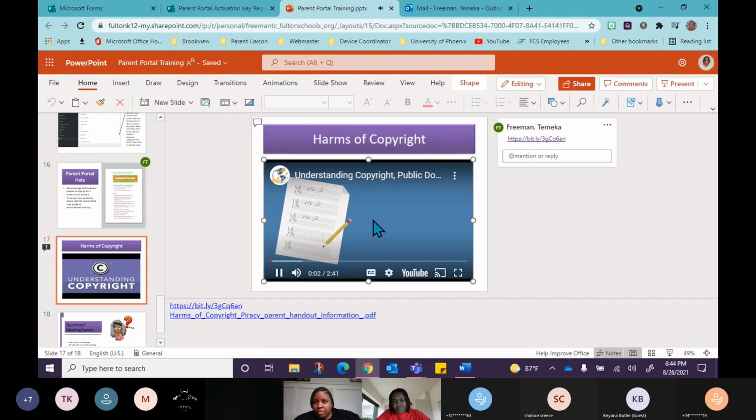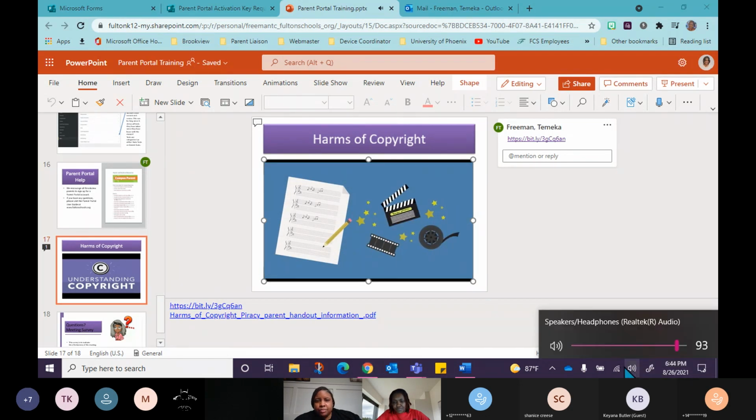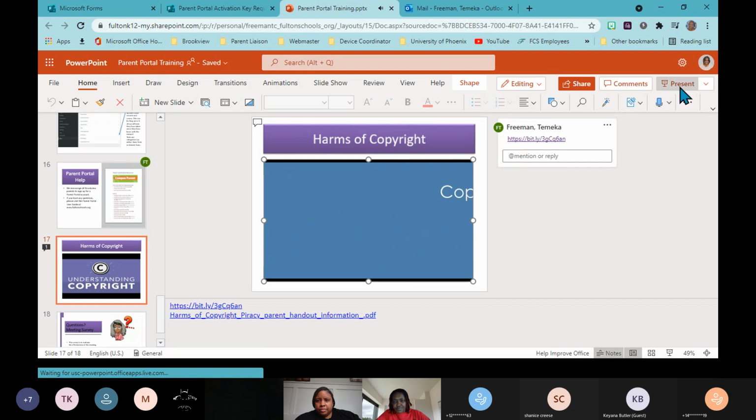Whether you're a local artist composing your own music, or a present blockbuster, all creators should understand how copyright